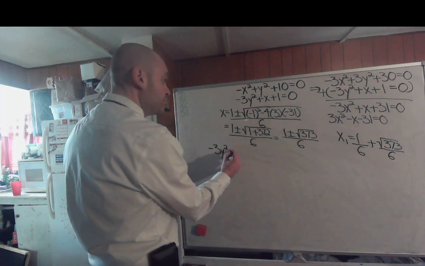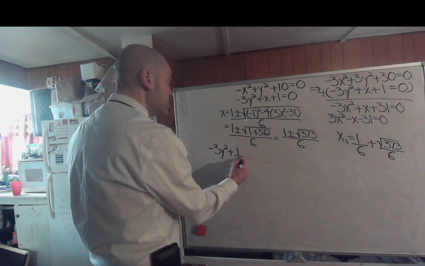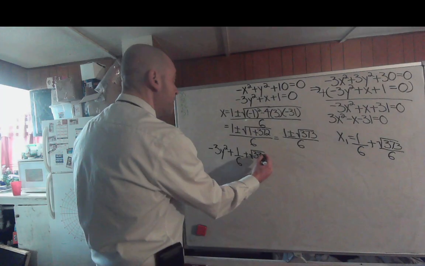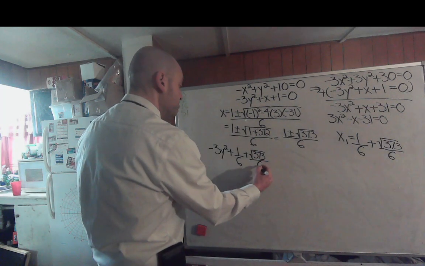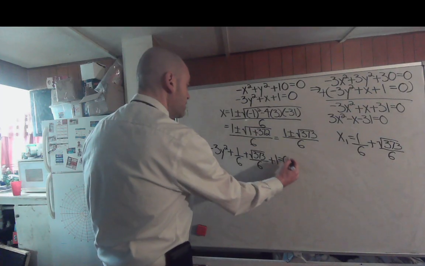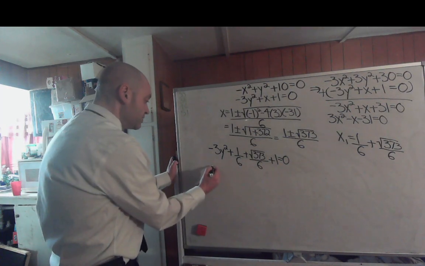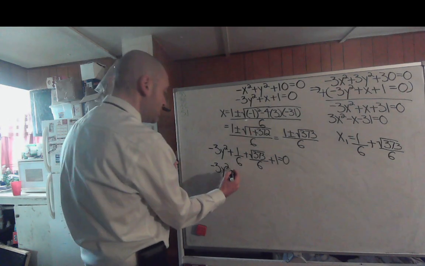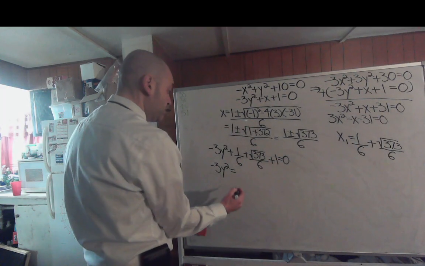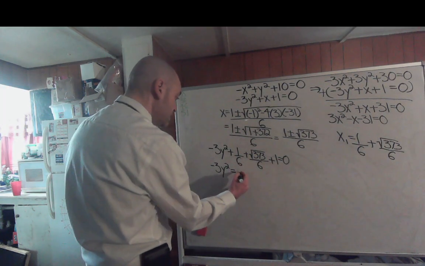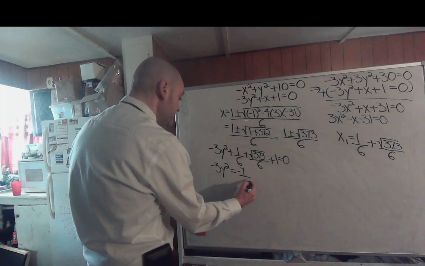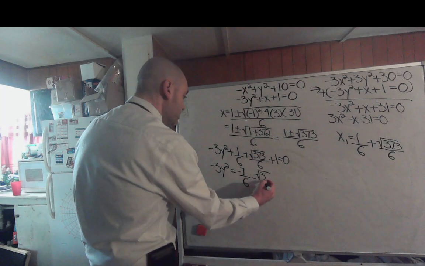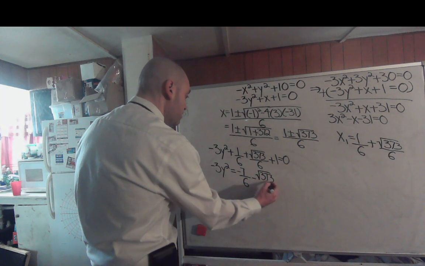So you'll have plus 1/6 plus the square root of 373 all over 6 plus 1 equals 0. So that would give you negative 3y squared would end up equaling negative 7/6 minus the square root of 373 over 6,